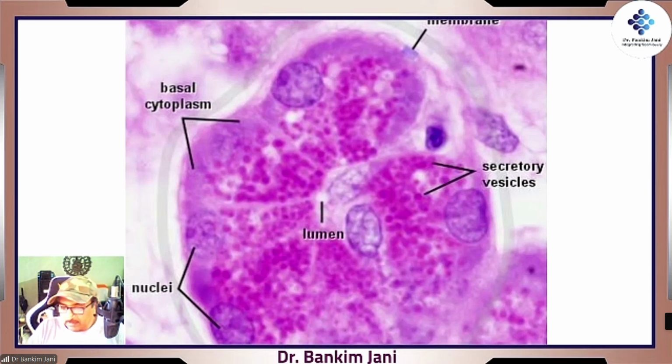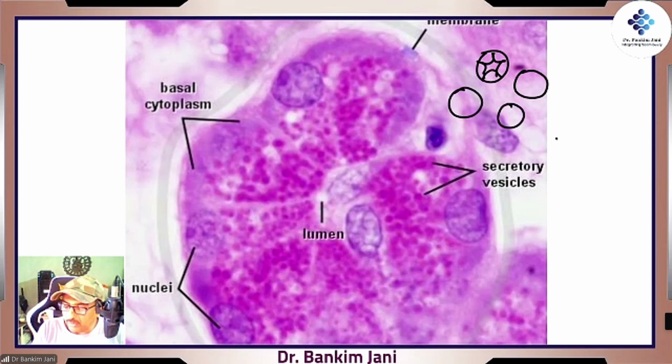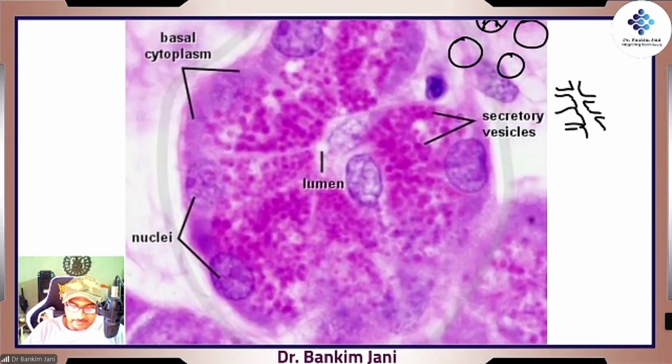So there will be, say, one secretory portion, right? And here in between is the lumen, so I keep a blank space. Then there would be another, then another, then another. So all those ducts will keep on joining with each other and they will become bigger and bigger ducts, correct? And that final duct becomes the lumen, the duct which will be carrying the secretion.